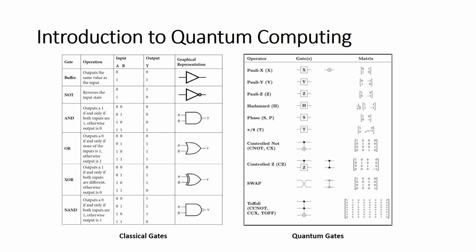Now on the right, we have quantum gates. These gates are tailored for quantum bits or qubits. Quantum gates, like the famous Hadamard gate and the CNOT gate, harness the superposition and entanglement properties of qubits to perform quantum operations. These quantum gates enable us to perform remarkable tasks such as entangling qubits, superposing them, and executing quantum algorithms that classical gates can only dream of. Quantum computing's strength lies in the creativity and precision in which we employ these gates.